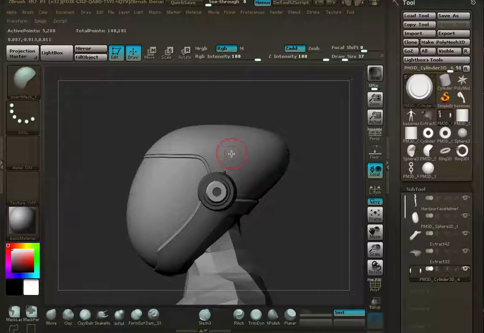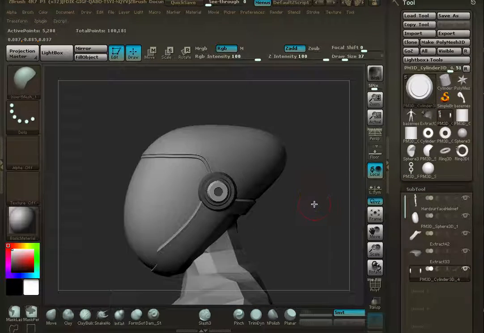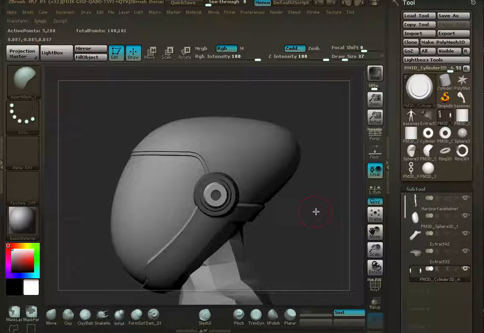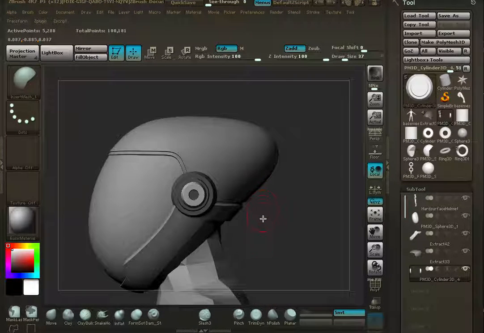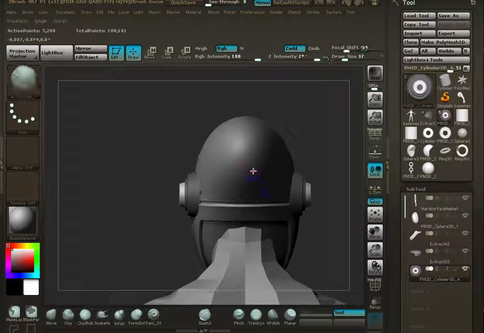The way you saw me move it right there is I started to draw it out, and then I actually held down the space bar. You can kind of pan it around. Kind of helps you fine-tune getting it in place. And you know, then I can hit M on the keyboard and